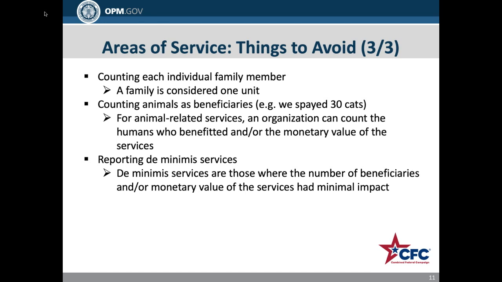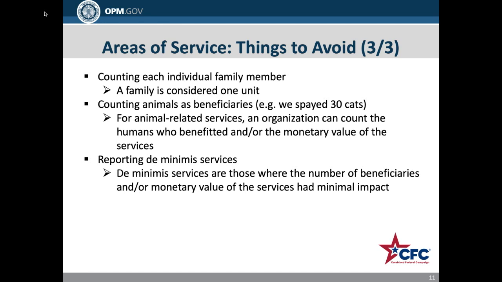Another counting error is with animals. As you may remember from Step 3 of your CFC application, your organization is required to certify that it is a human health and welfare organization providing services, benefits, or assistance and activities that benefit human health and welfare. This basically means that your organization is a 501(c)(3) charity, which also includes animal-related charities. The problem comes in when the charity counts the number of animals served instead of the number of humans that